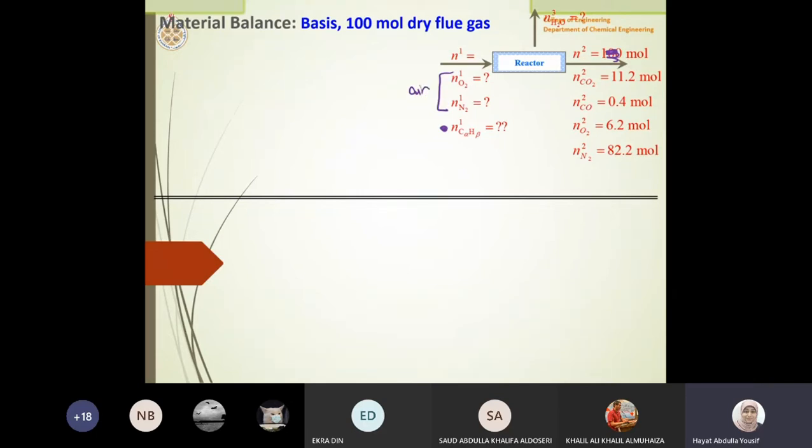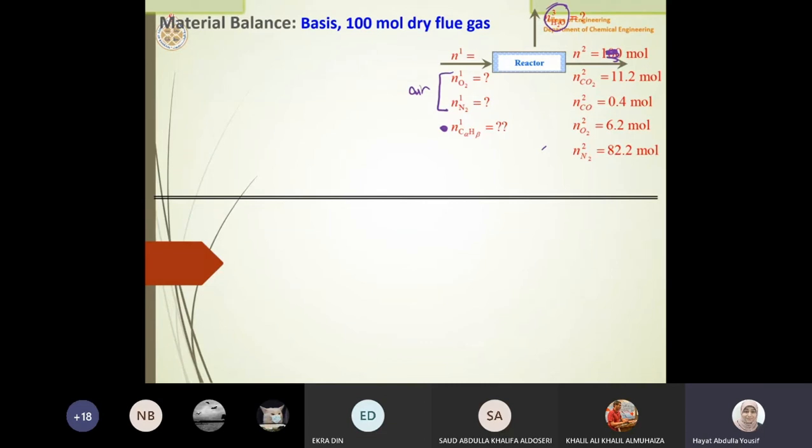Then water, I left it in an individual stream, and there you can put it as molar composition. They have to mention that it was molar composition, but I can put it as molar composition as they did, yani 11.2%, 0.4%, 6.2%, and 82.2%. I can do that. But if you remember from Chng 111, we were talking about